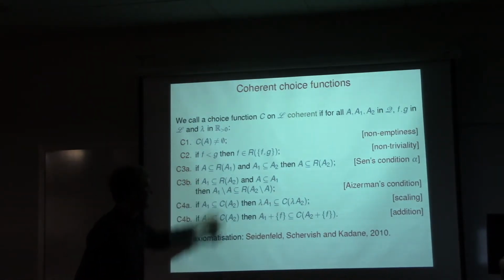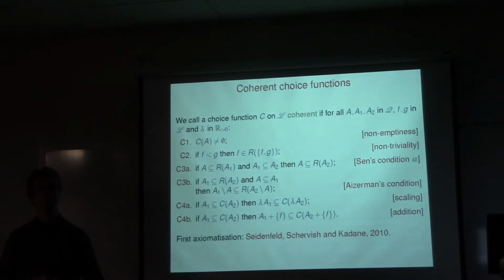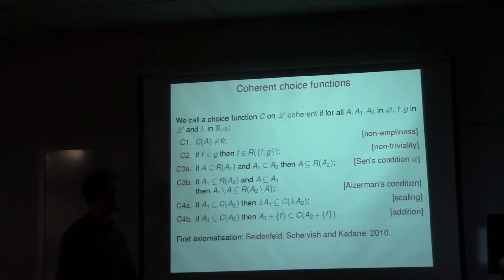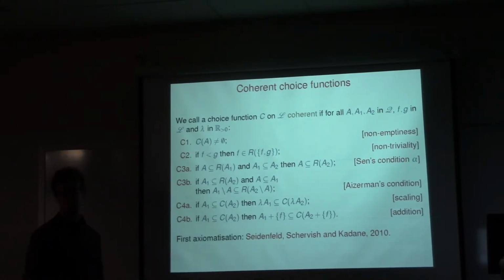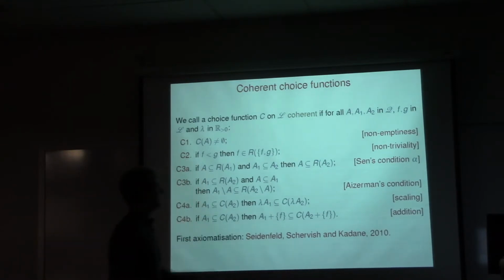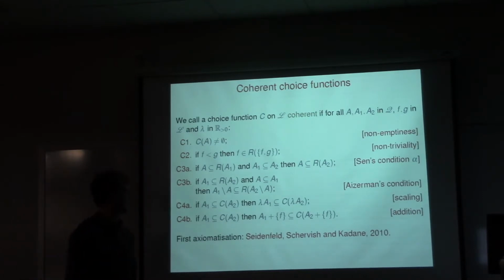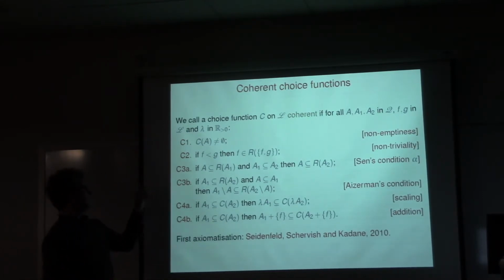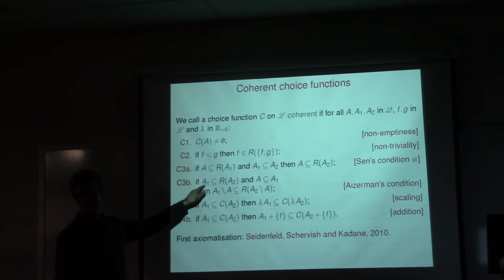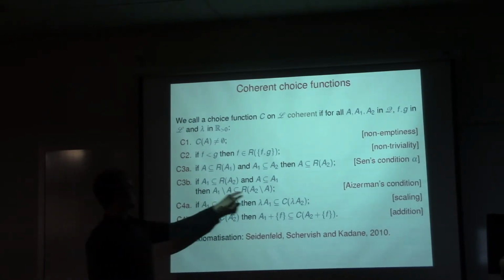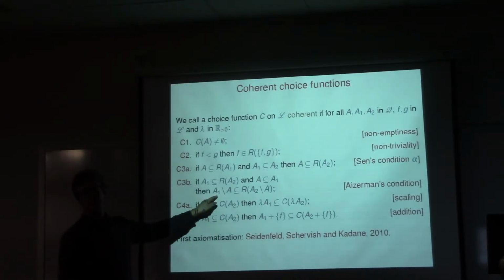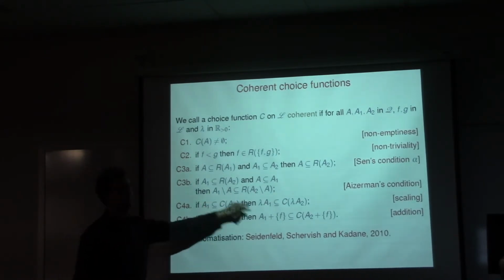Then condition alpha requires that you should still reject burger, even when faced with a bigger menu. So I think it makes sense. Also, 3b makes sense, I think. 3b has to do with going to smaller menus. It says that if I have options that are rejected, and I now delete some of the rejected options from the menu, the remainder of the rejected options should still be rejected.